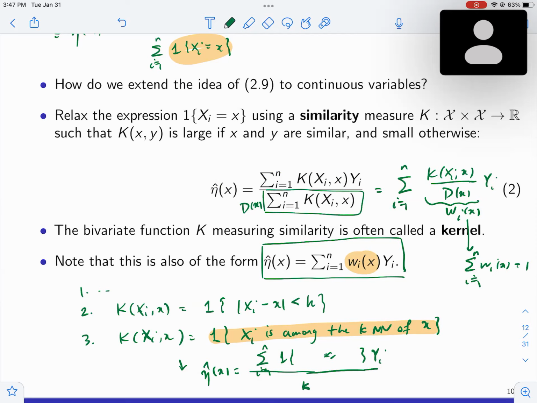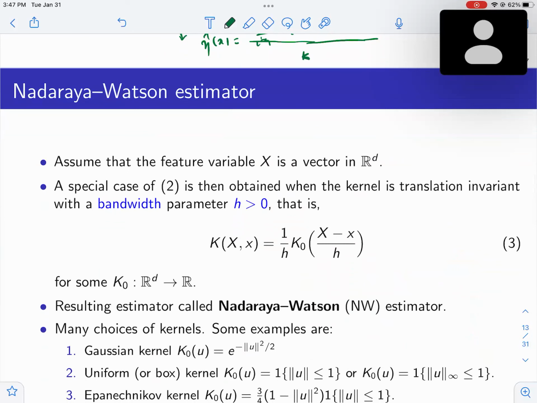Good. Questions? Okay, so a particular way of doing this is defining this K of capital X and x to be like this. So this works when X is any vector in R^d, because in R^d I have translation. And so this is like taking a base, we'll call this kernel, K naught, and then translating it and scaling. So can anyone tell me what kind of, so this is a way of defining the general kernel. So these are called kernels,